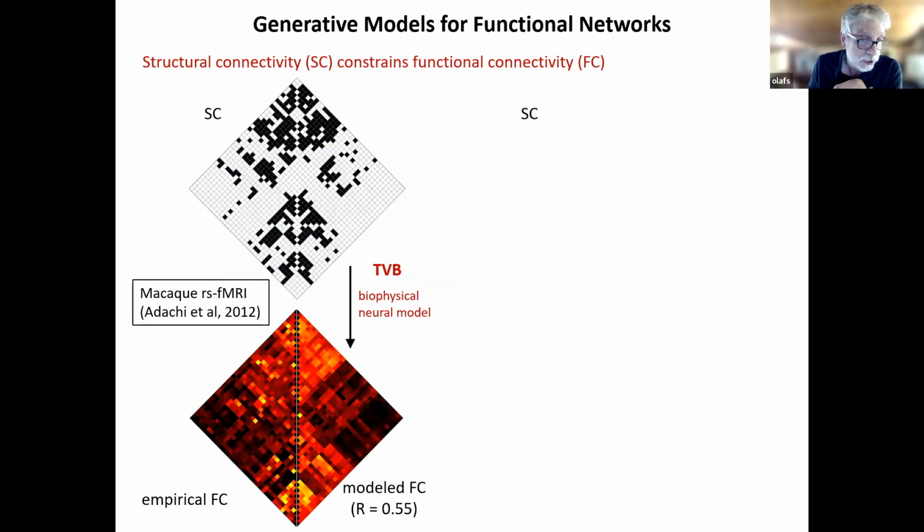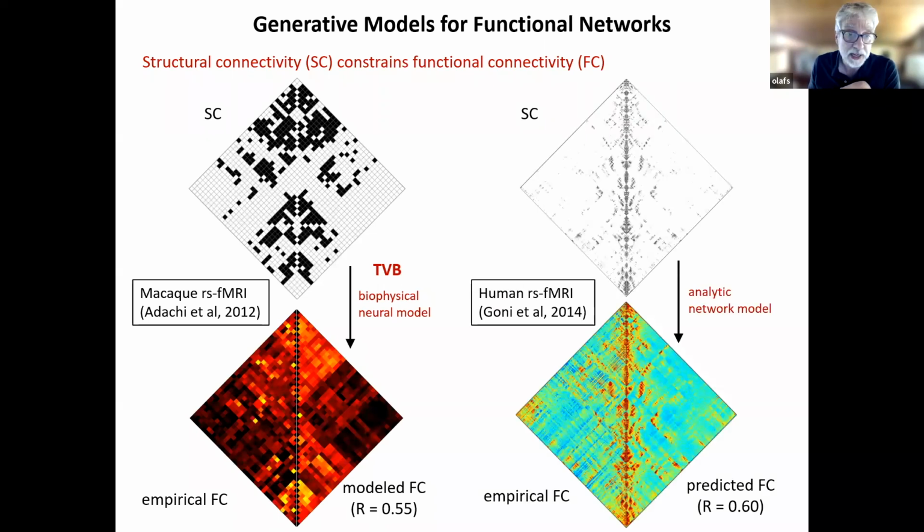We've heard a lot about the Virtual Brain and about neural mass models in the service of modeling functional connectivity on the basis of a connectivity structure plus biophysical equations on top. And we and others have done this. Victor, of course, is a pioneer in this area, Randy as well. And we have also done a few modeling approaches in our lab that are more analytic, less detailed in terms of biophysics, but more graph-based. The bottom line is we can do pretty well overall in capturing the overall covariance structure of functional connectivity. Not perfectly, of course. We can talk later about why we can never get to a perfect match. And we and others have pursued this line for a number of years.